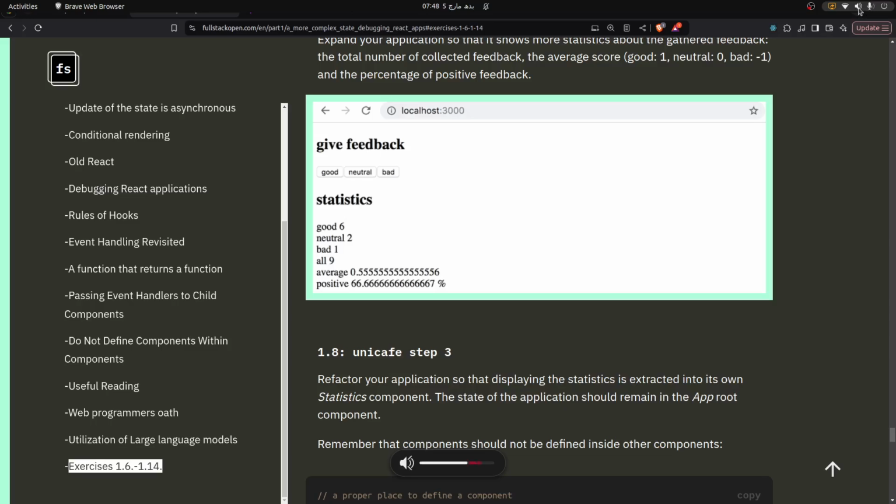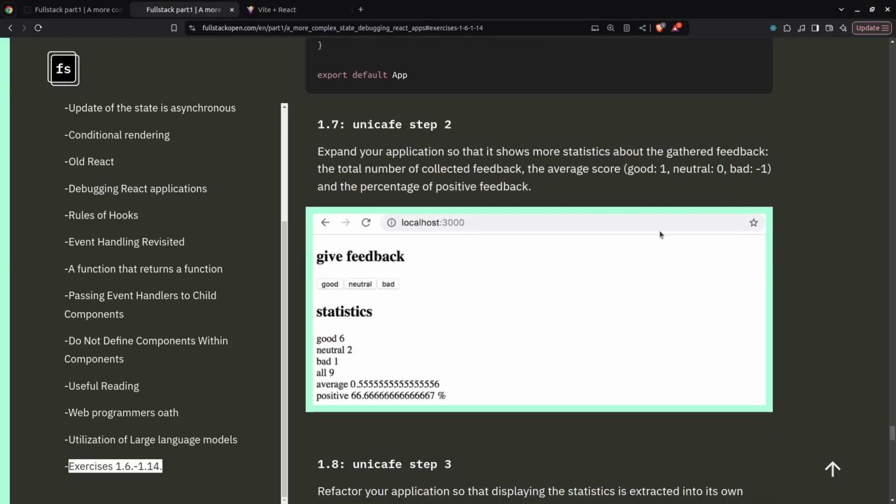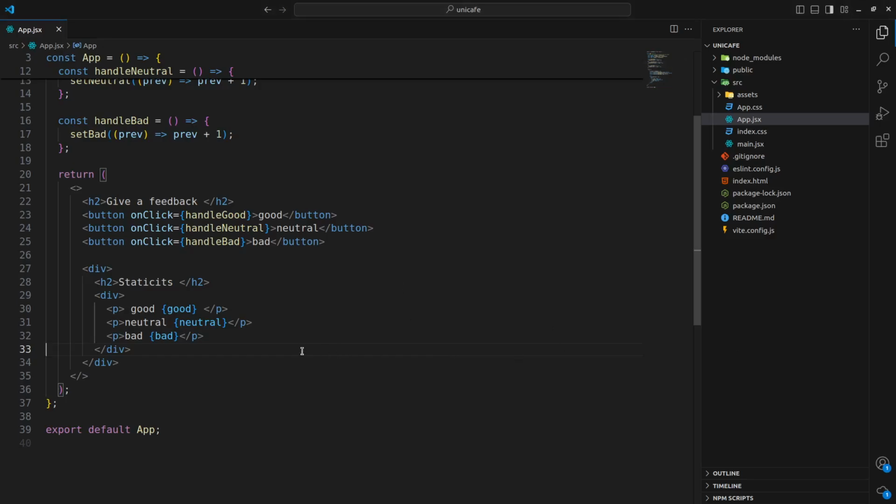Okay, I'm back and we'll do step two. Step two is really simple. I think first